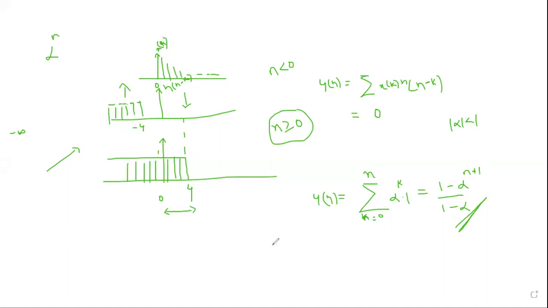Suppose I have a summation of alpha to the power k, say it goes from 0 to some n. Then, in the limiting case where alpha is greater than 1, it goes to infinity. So this is given by 1 minus alpha to the power n plus 1 divided by 1 minus alpha. Okay, here we have an answer.